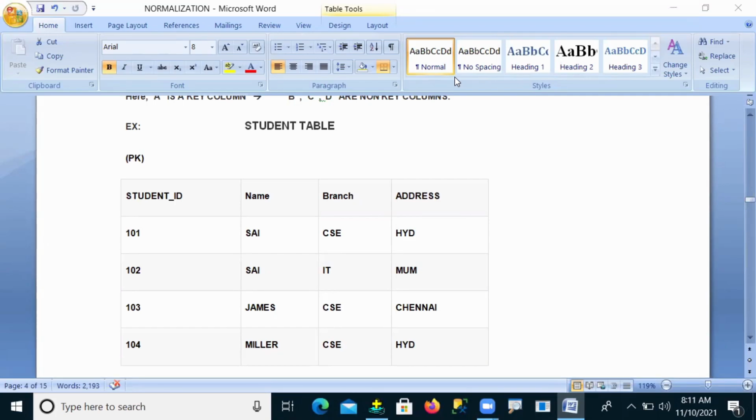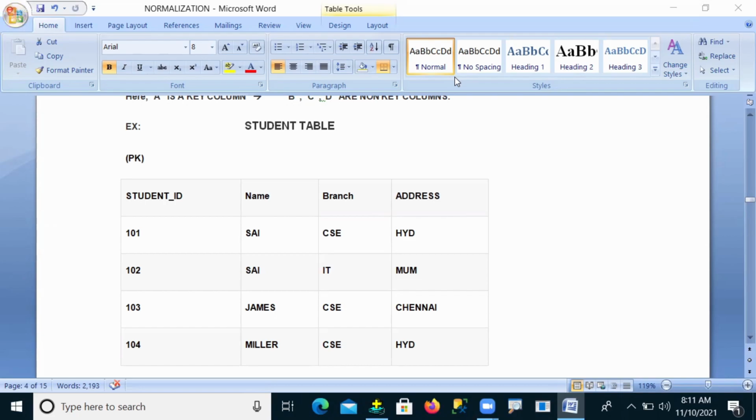So now, based on that ID number, can I retrieve an employee's complete details? Can I get all your details based on the ID number? Yes, I can. So your name, your designation, your salary, your date of join, your address, your mobile number, all these details depend on your ID number.